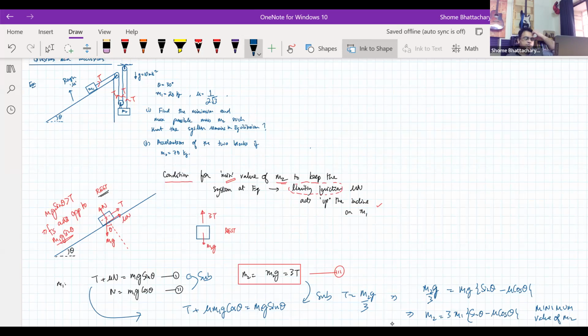The system in equilibrium. Now, similarly,